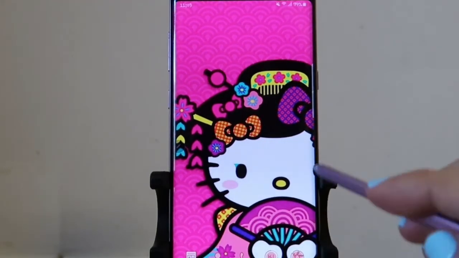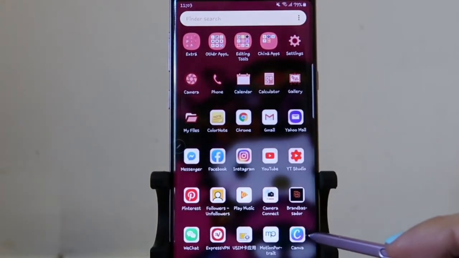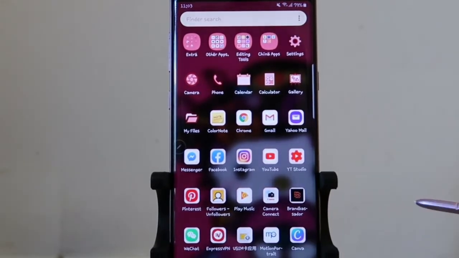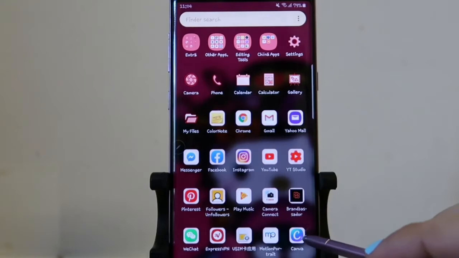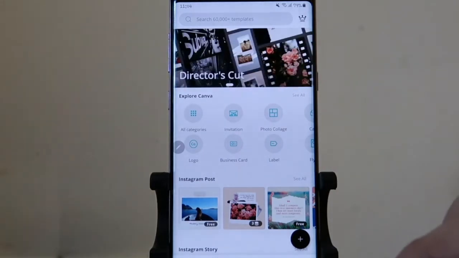So first, all you have to do is download this app. It is called Canva, this one, Canva. So okay guys, once you click on the Canva app, you will see this. At the bottom you will see templates and designs. So you will click on templates,